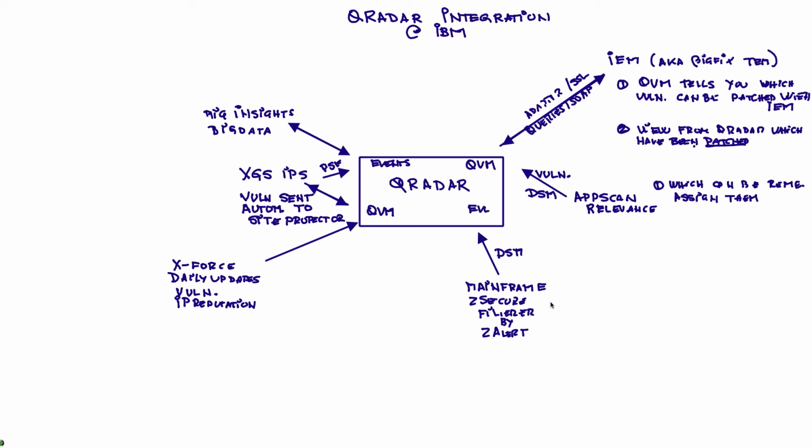Without this, if you send all the DSM events, which are many, onto QRadar, of course QRadar can handle them, but you need to write probably special rules, and there's no need to do all that processing up here. You can do that pre-processing with Z-Alert, and in mainframe lingo, on a green screen, with mainframe savvy people, you set up what are the things that I really care about, and those are the only events that are sent via syslog or via the DSM into QRadar for it to process. You can treat every one of those as an offense because they have been pre-filtered by